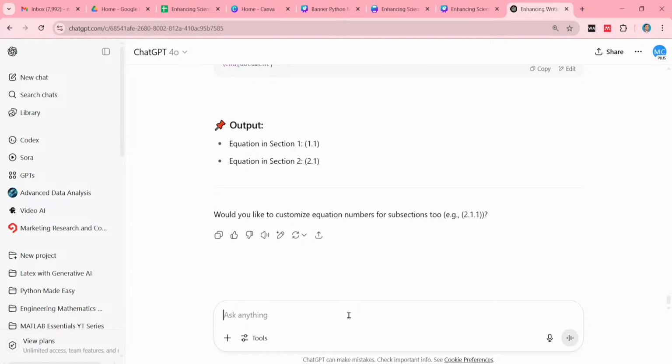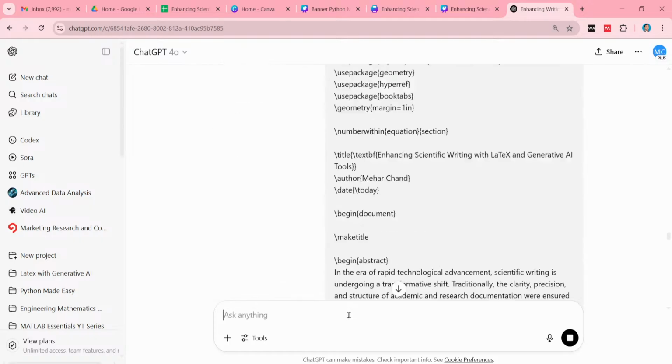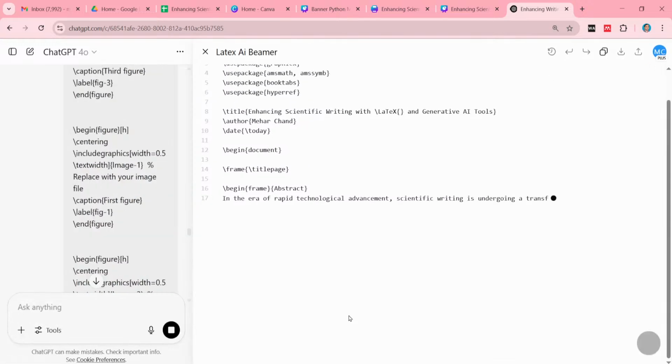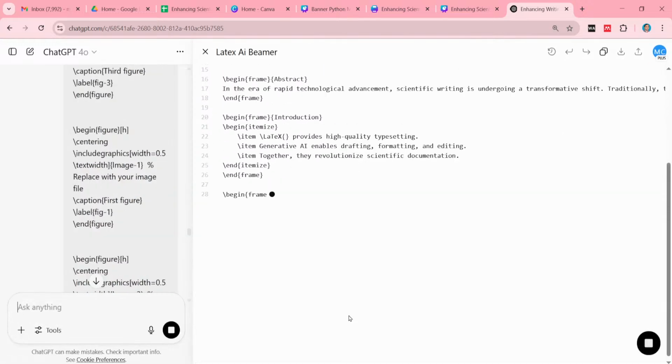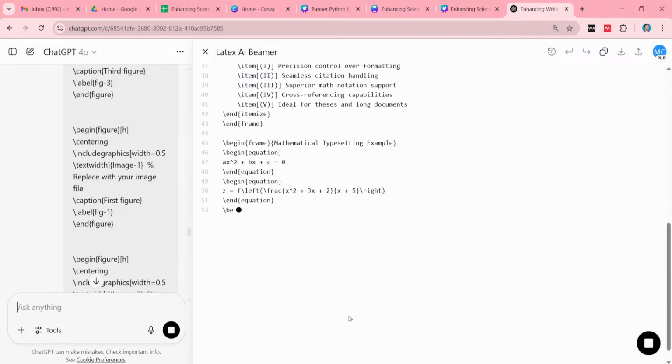What I do: translate the content in Beamer presentation. Then paste your entire content from the LaTeX and enter. This will be converted into your presentation, and it will take less than 1 minute.